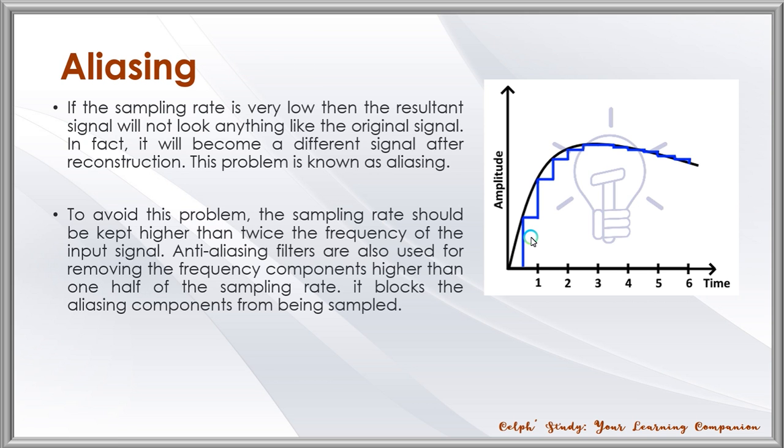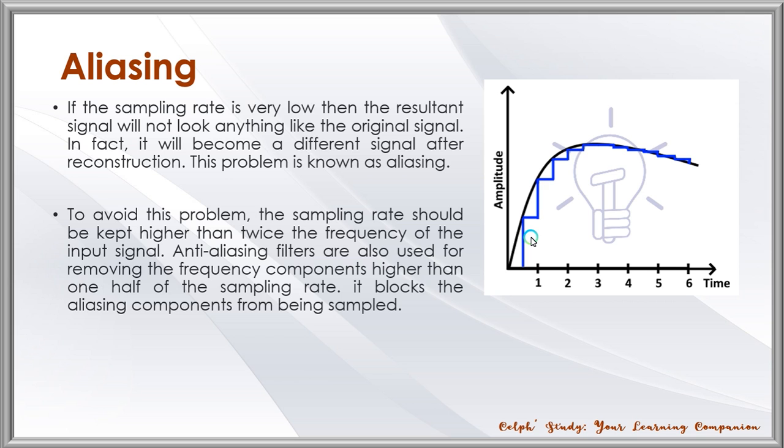Next, we have the term aliasing. If the sampling rate is very low, kung gamay-gamay ato nga sampling rate, so amo ni siyang matabo. Ang ginatawag natin nga aliasing. So, it will become a different signal after reconstruction because ang aton goal is to reconstruct the signal. So, because of the representation naton, there is a tendency if gamay-gamay ang aton nga sampling rate, ang tendency hindi na naton